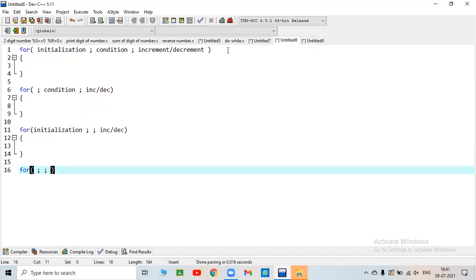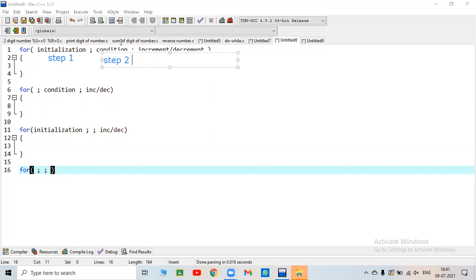Okay, now see how a for loop works. First of all, step 1, this is step 1. Then the condition is checked.